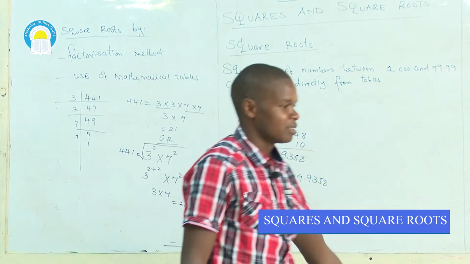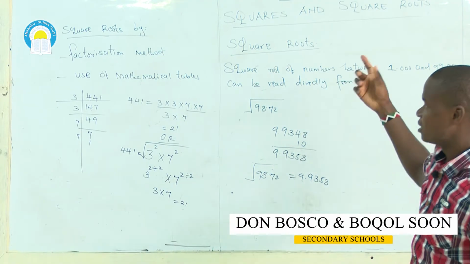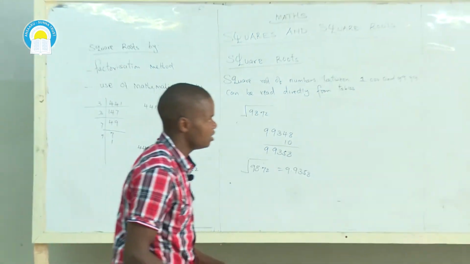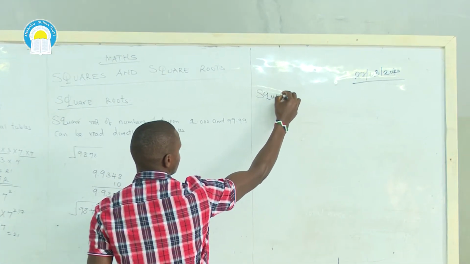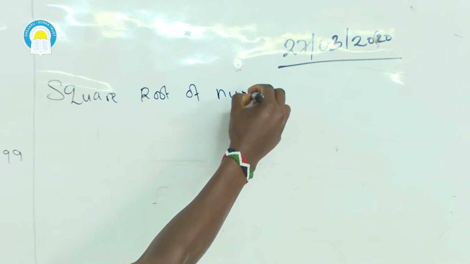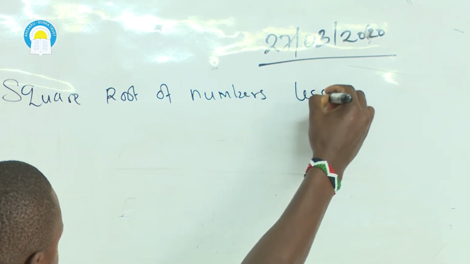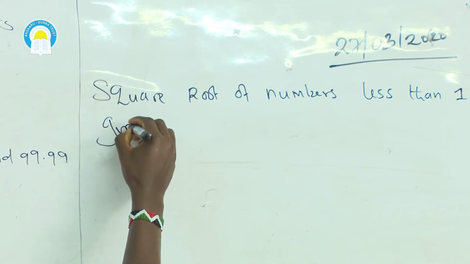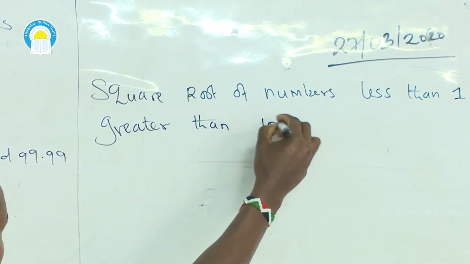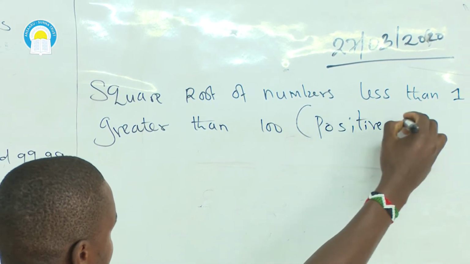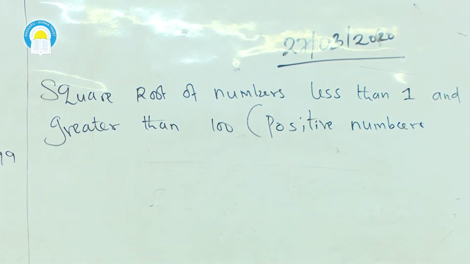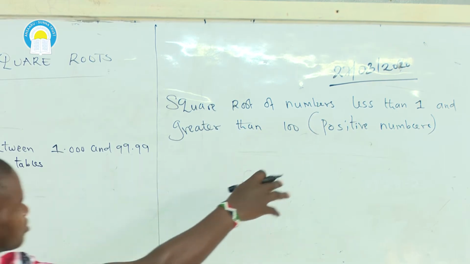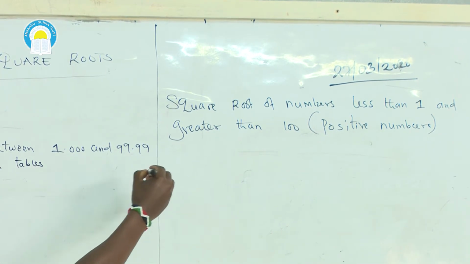Now, I remember the last example I did was the square root of numbers which are less than 1, and we also did the square root of numbers which are greater than 1. So we said, once you are now to find the square root of numbers less than 1 and greater than 100, in this case, we talk about positive numbers, because you know you cannot find the square root of a negative number. So now, I remember yesterday we said, when finding the square root of numbers less than 1 and greater than 100, first of all, you write